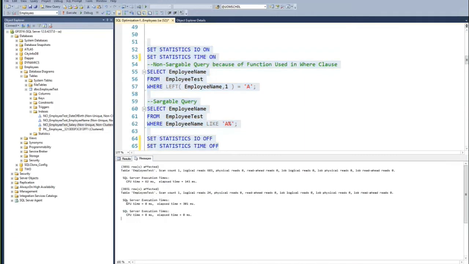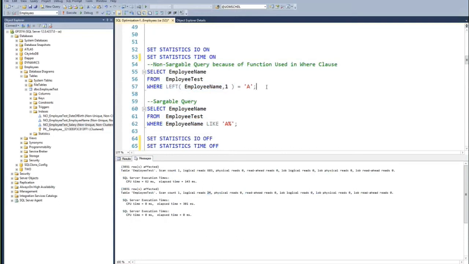Okay, so I can't quite tell which one is this. I'm surprised. I would think the faster one with fewer reads, but I'll have to look into that. But I think for now, we want to look at 683 versus 24. And why is that? As you see from this comment, the first one is what's called a non-sargable